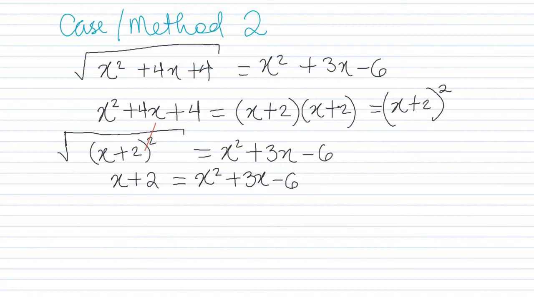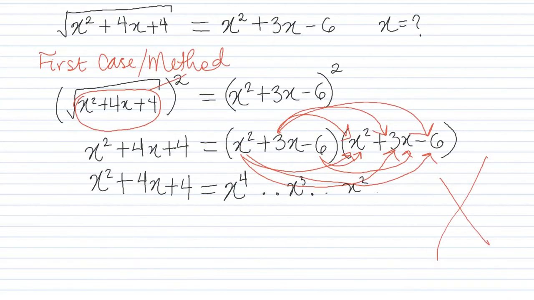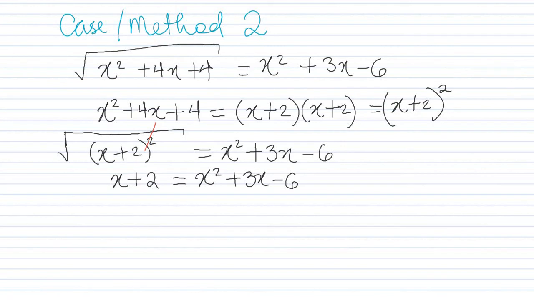And I wanted to mention something. Some of you might be wondering why did I square the left hand side and the right hand side? The reason is because squaring the left hand side and the right hand side of this equation, whatever you do on one side, you have to do to the second side, because we're doing something new on top of something that already existed. But in this particular case, we're not adding anything. We're just finding a different way to represent what is enclosed in the square root,